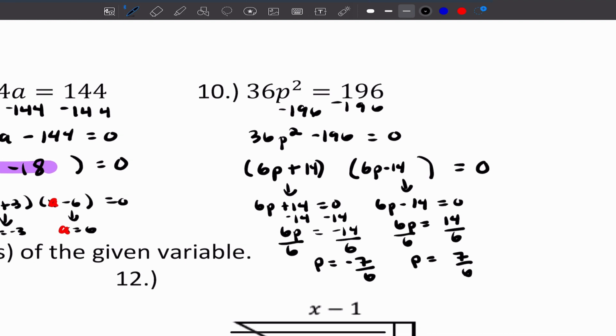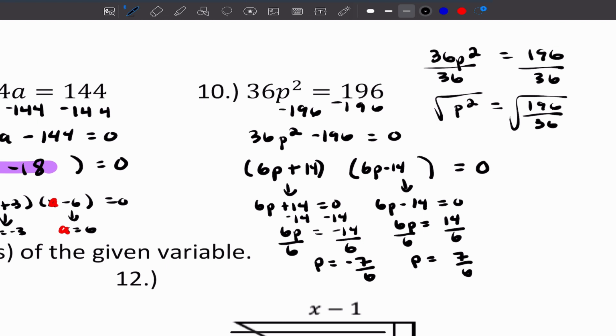You can also do something like this. You have 36p squared equals 196. Divide both sides by 36. So p squared equals 196 over 36. Take the square root. So p is equal to plus or minus, the square root of 196 is 14 over, the square root of 36 is 6, but you know that this can be simplified, so your answer is plus or minus 7 over,